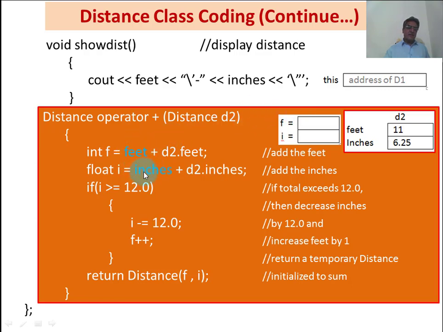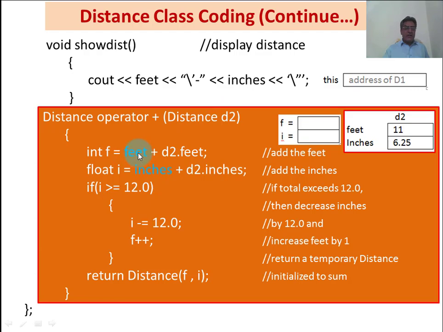and we actually get the value of these two values by the location of address which is stored in this pointer memory. In the memory of this pointer there is an address of an object. So for feet and inches values we will jump to that address, and from that address we will get the value of feet and inches, which will be the value of D1 object.